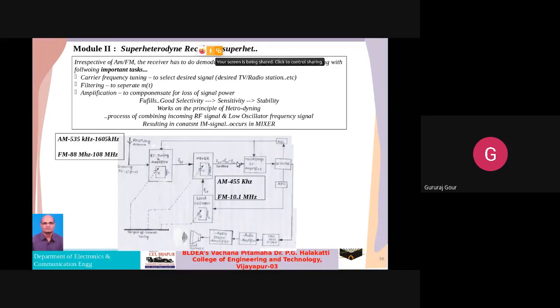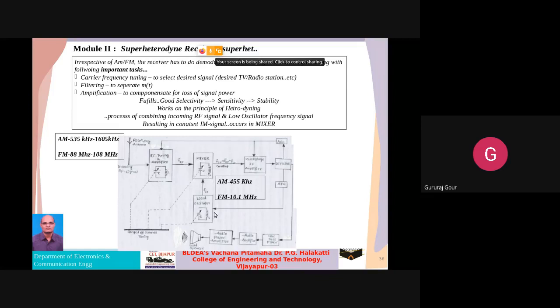So that's why it is known as the intermediate frequency signal. This is a very key point that we are looking for in your answer. You have to tell it like this. And it is doing this effectively even without disturbing the sidebands. So that is the main job of the mixer.